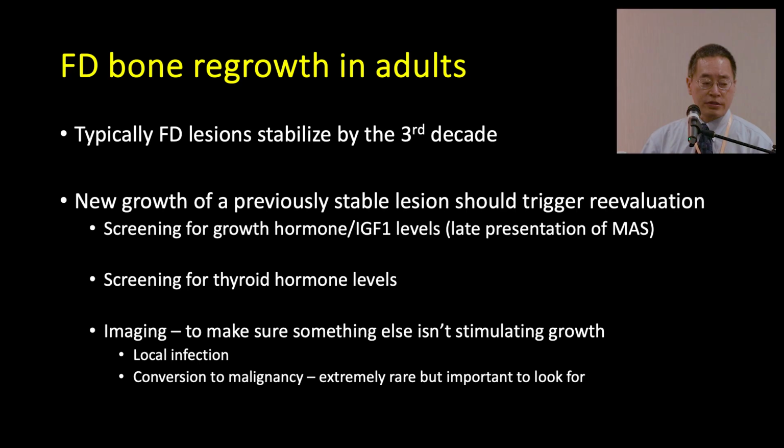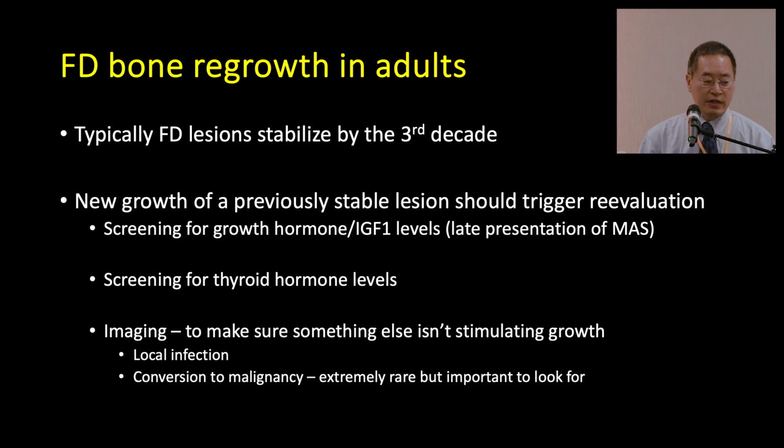So when we talk about fibrous dysplasia regrowth in adults, typically we know that many of the fibrous dysplasia lesions will stabilize by about the third decade. And anytime you start seeing somebody who's a little bit on the older side and saying, okay, well, it feels like things are getting bigger or that a previously stable lesion is starting to grow, that's when we start thinking